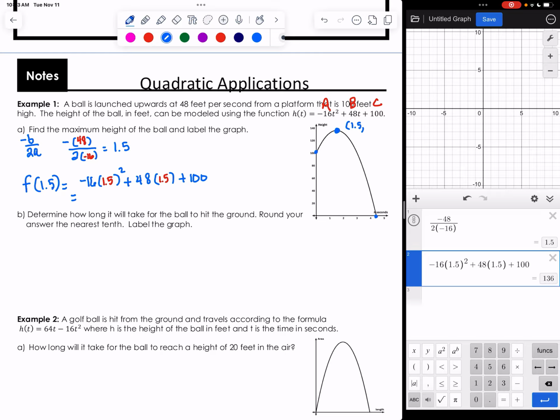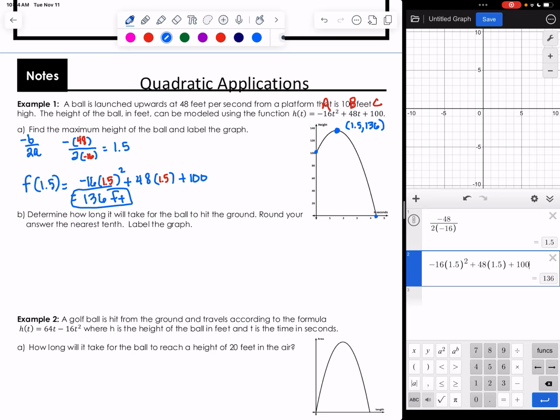And that gives me a maximum height of 136 feet. And it did ask us to label the graph, so now I will label the maximum height is occurring at 136 feet. Now in part B, it wants to know how long will it take for the ball